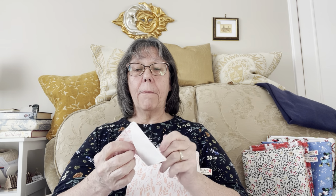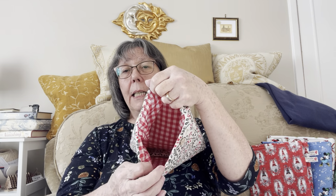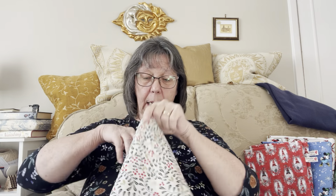So that's one. This is the other one that I've done. Yep, that goes that way around. You put your page in there. That's two. I'll just pop them down here while I show you. This one I've made, and it's lined in the gingham. That's the